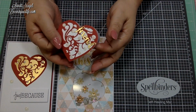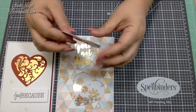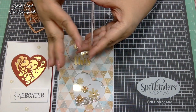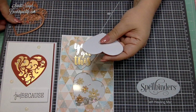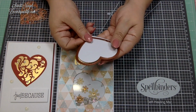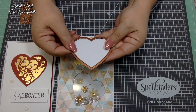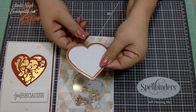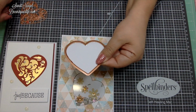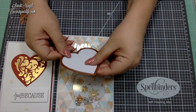And creating a note card such as this is so super simple. Let me show you what I did first. I took my white cardstock, I folded it in half, and then with this part right here, I etched it all the way to the top of the fold, except that instead of die cutting it right along there,